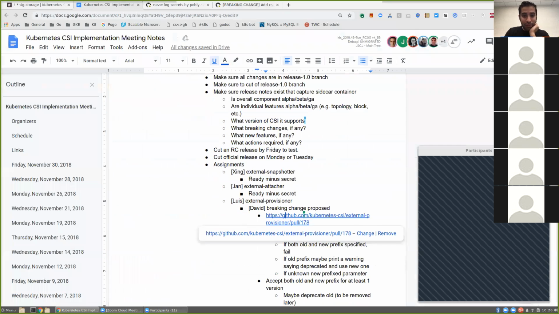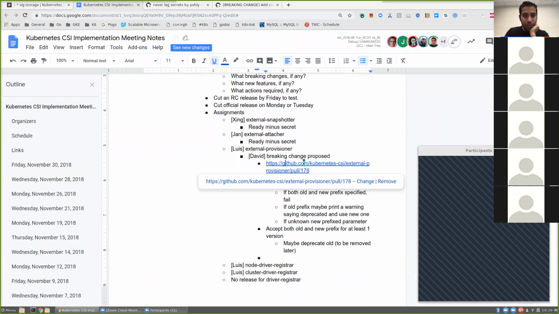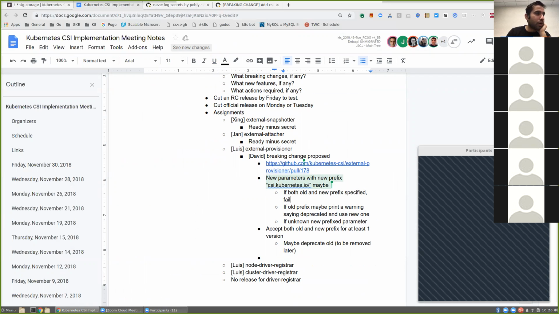Yeah, I mean, honestly, if we're going to do it, let's just do it now. There's going to be a lot of documentation that's going to get created. I would rather that documentation get created with this new concept rather than go out right now with a bunch of documentation with something that's going to be deprecated.